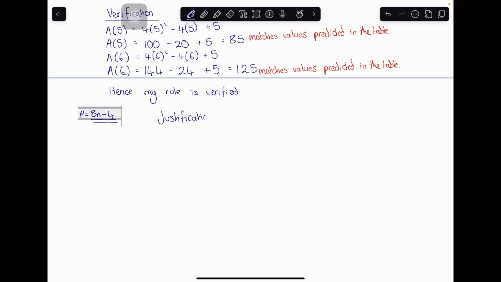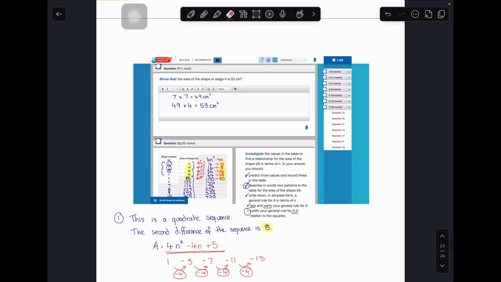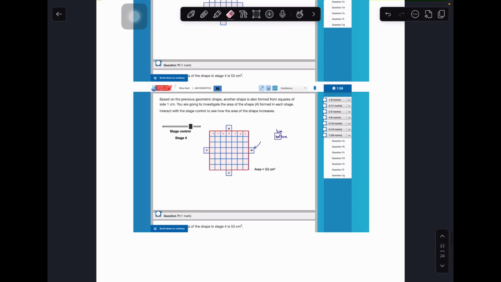Now, this is always the hardest part, okay? And if you can get all the way to this point, you've done really well and you've got a good chunk of marks already. Okay, so the justification, the proof is where we need to relate it back to what's happening. Okay, so this is all about the area of a shape. Okay, so it's asking us to justify your general rule for A in relation to the squares. Okay, so looking here